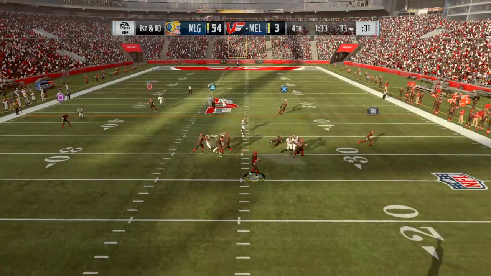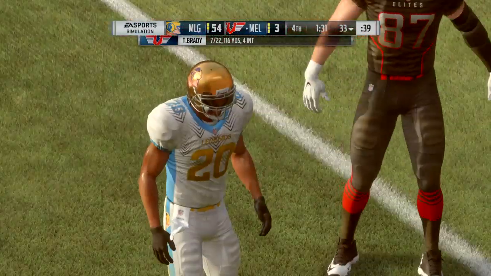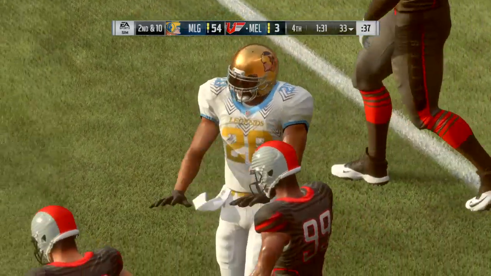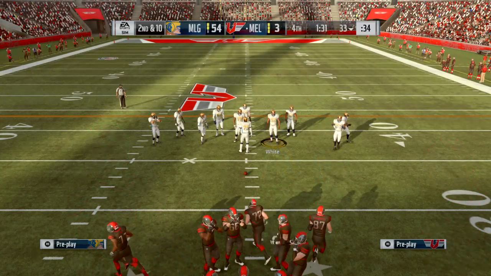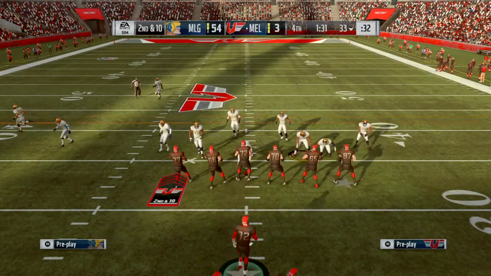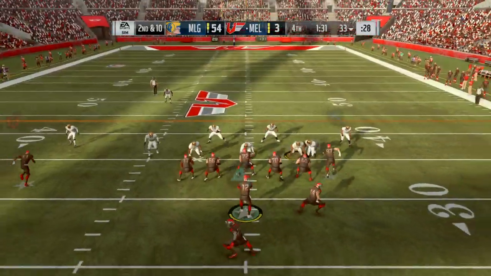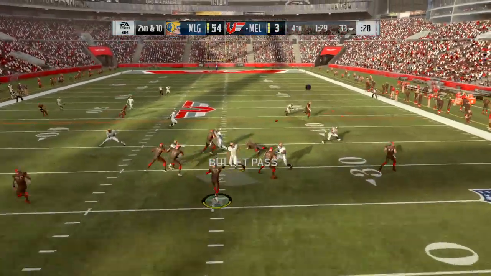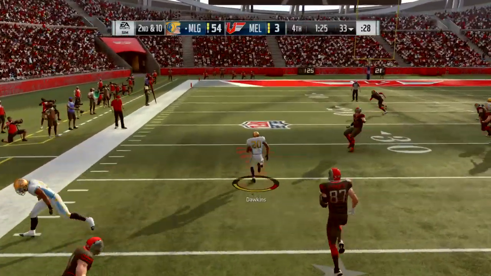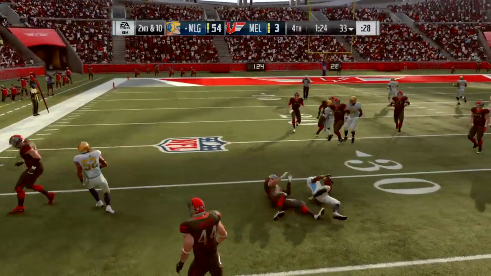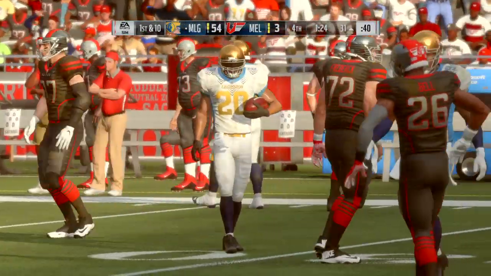On 1st and 10, here's Brady. And it pops free. The collision there jarred the ball loose and brings up 2nd down. We have not seen a whole lot of wide-open receivers. Everything seemingly has been contested. And that's another nice job there to force an incompletion. They've been very cohesive. And my goodness, another interception. Brian Dawkins, the safety, with a pick. And the return here will go to the 31-yard line.